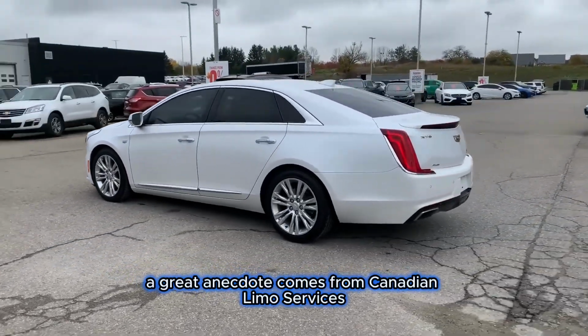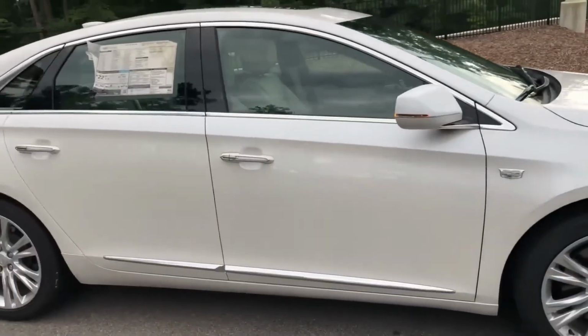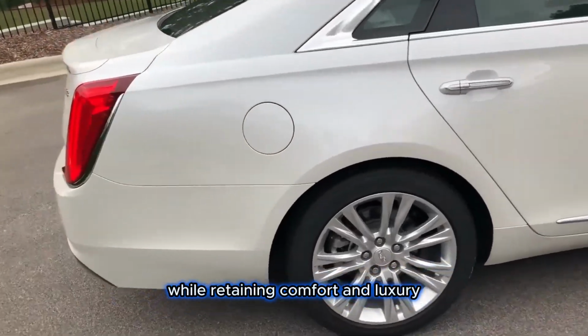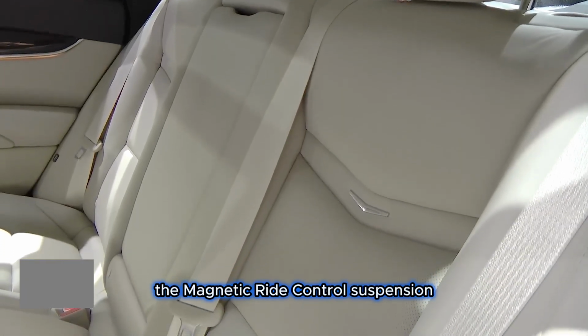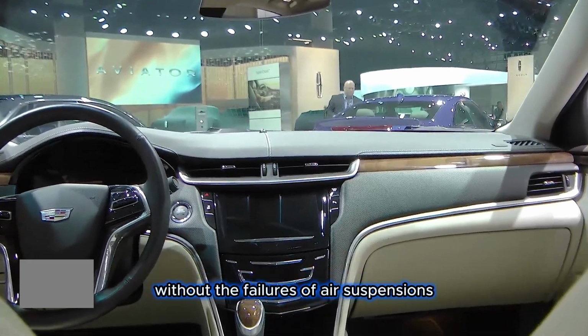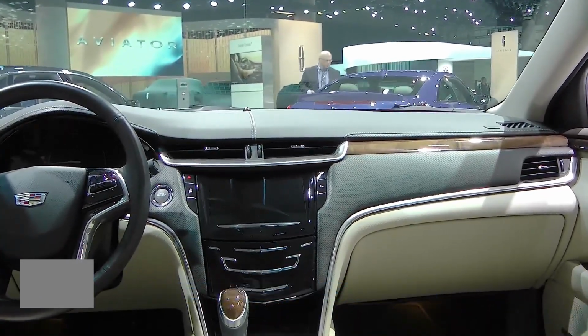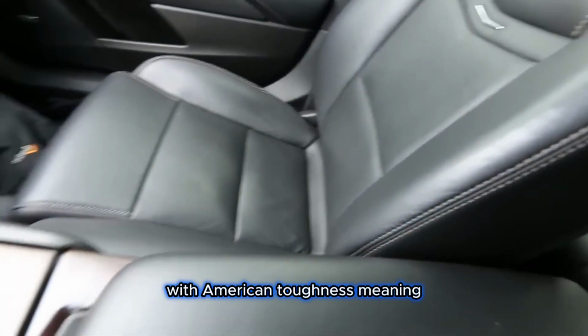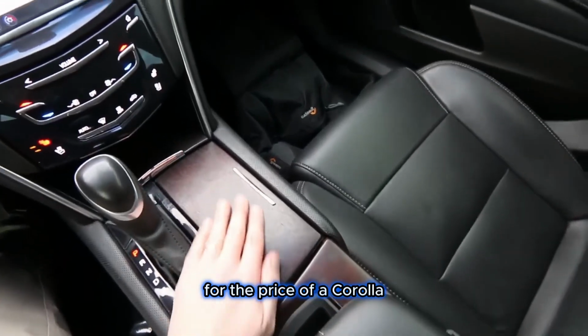A great anecdote comes from Canadian limo services, where XTS sedans routinely exceed 350,000 miles while retaining comfort and luxury. The magnetic ride control suspension, once considered exotic, is now proven to last without the failures of air suspensions. The XTS Platinum delivers flagship luxury with American toughness, meaning buyers get private jet comfort for the price of a